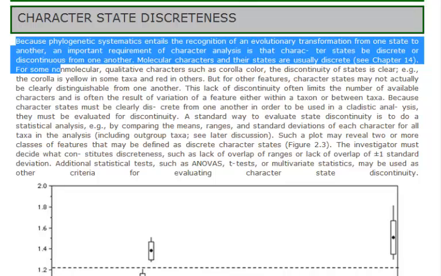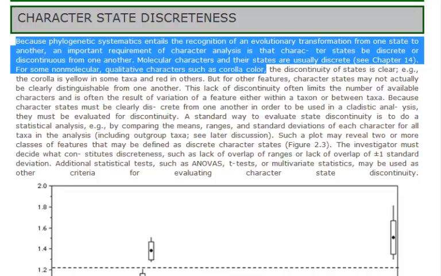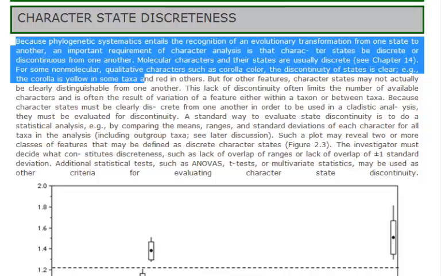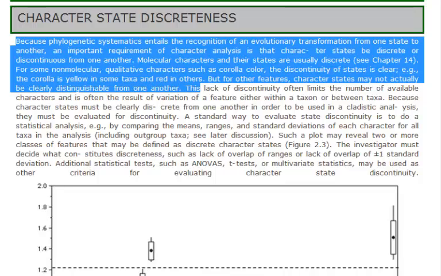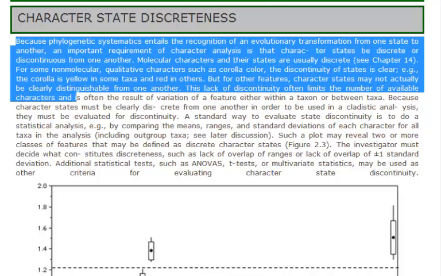See Chapter 14. For some non-molecular qualitative characters such as corolla color, the discontinuity of states is clear. For example, the corolla is yellow in some taxa and red in others. But for other features, character states may not actually be clearly distinguishable from one another. This lack of discontinuity often limits the number of available characters and is often the result of variation of a feature